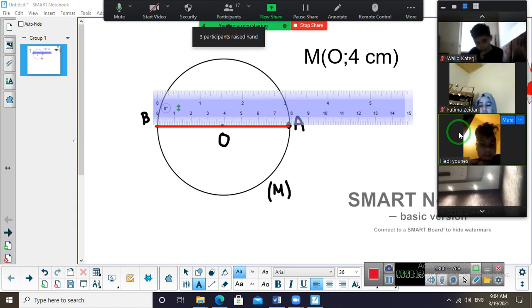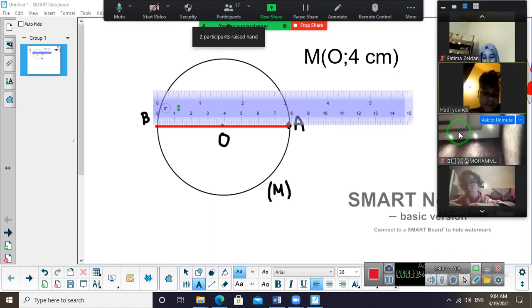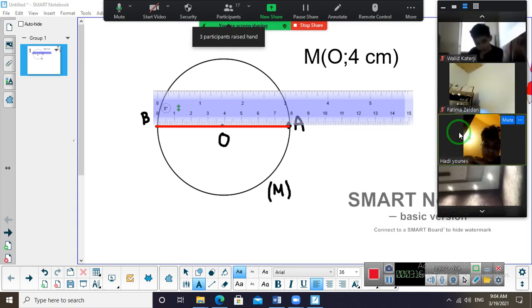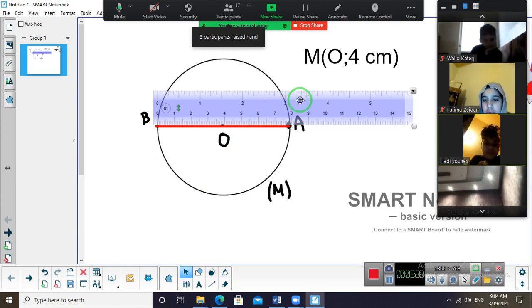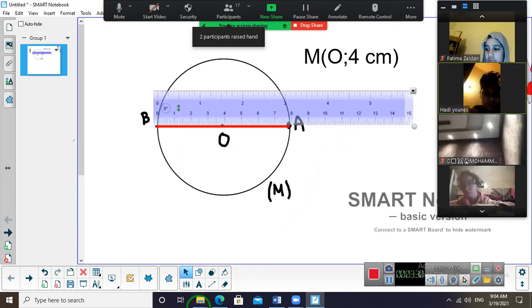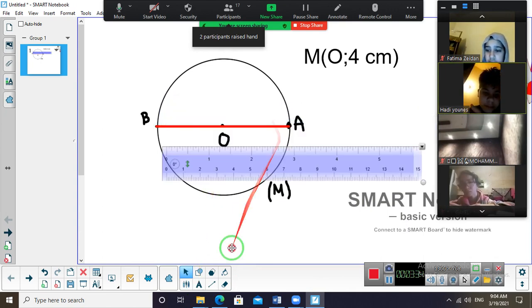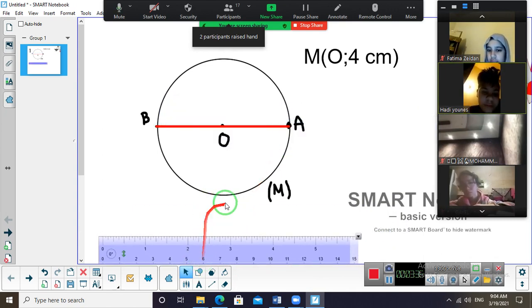So, what is the relation between diameter and radius? The diameter is equal to radius times 2. And what is the meaning of a diameter? As you see in this figure, A and B are on the circle. Yes or no? Yes. When the 2 points are on the circle and a segment passes through the center, it will be